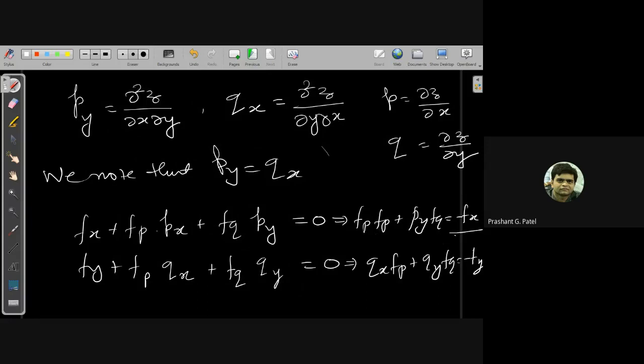And if I use this value into the equation number 9, so using above values,